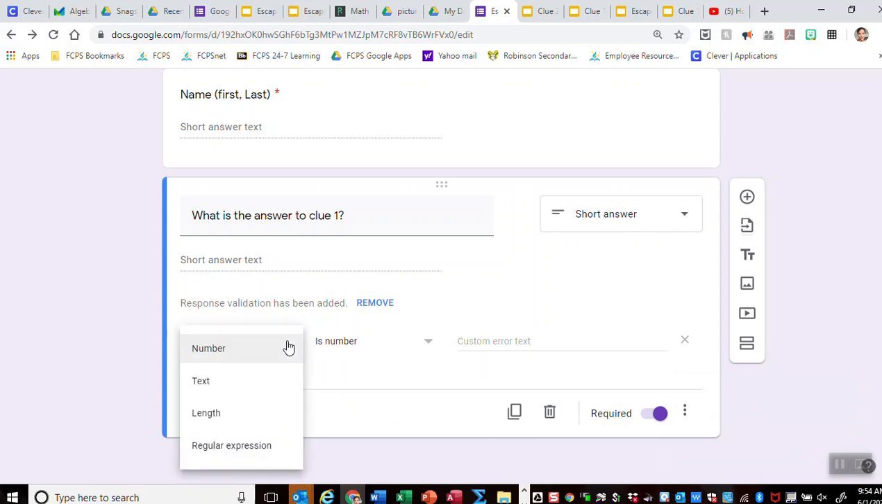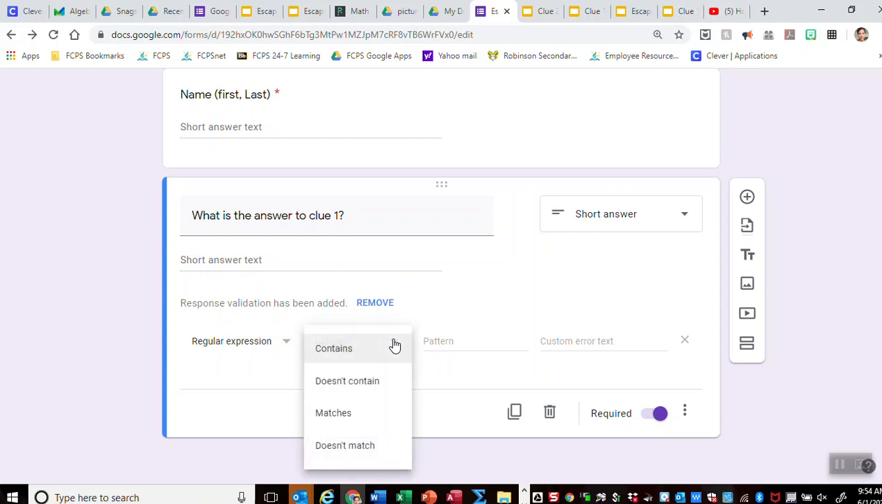So your choices, your answers could be text, it could be the length of the answer, or it could just be regular expression. Contains is for a math question. Contains isn't a good idea, because then they could just get one part of the question right and get this question right. We don't want that. We want it to match exactly. And then in the pattern, you choose the thing that you want the students to type. I think the first one, if I'm keeping track of them right, was 5B